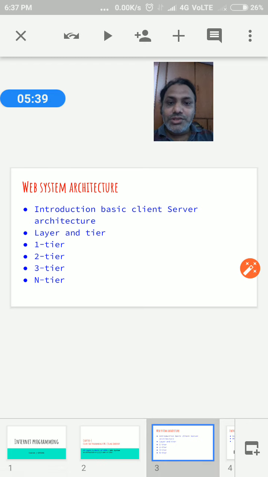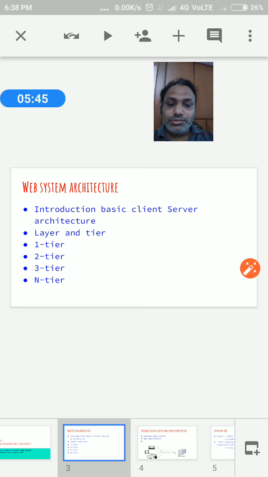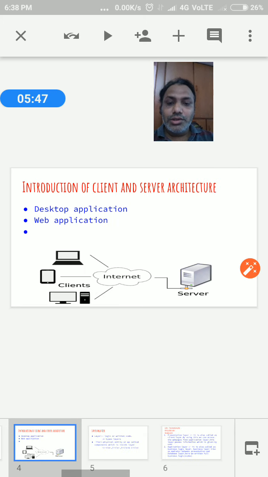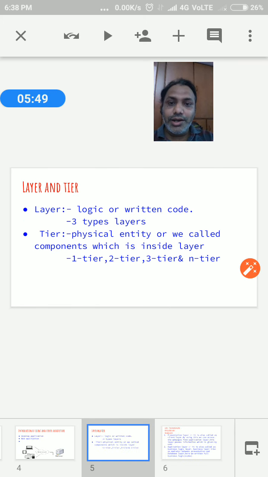Before the web system architecture, again we clarify what is meant by layers and tiers. Here we have another slide, layer and tier. A layer is simply logic or written code.